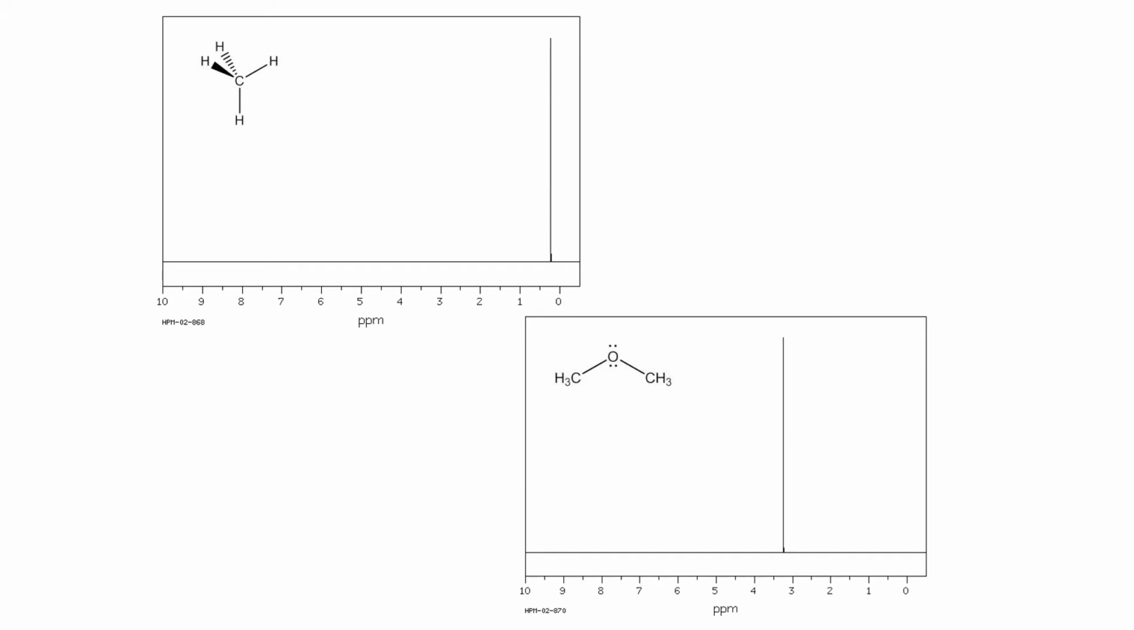Let's go back to our example of methane versus dimethyl ether and talk about why methane shows up very close to 0 and dimethyl ether shows up past 3. So the chemical shift is significantly higher for this set of protons than for the 4 protons up here. And the reason for this is that dimethyl ether has a dipole that goes toward the oxygen, and the result